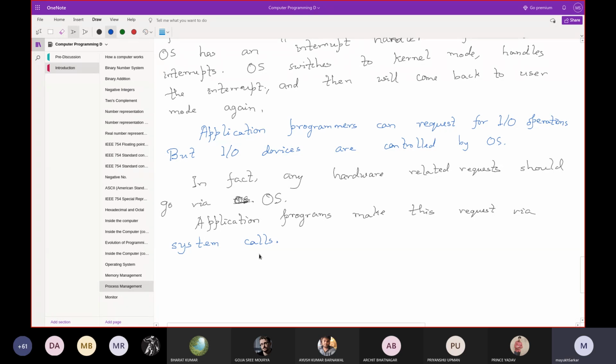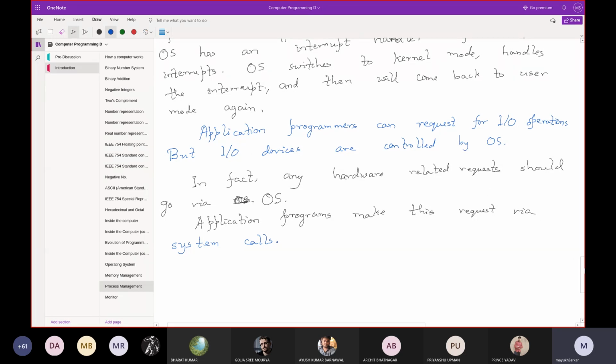Maybe an example for this: if you want to play a radio, right? You do not need to know how the radio is playing that particular music. If you want to increase the volume, simply rotate the volume button, the volume knob, and so on. So the operating system makes these system calls exactly like this. It is doing a huge amount of jobs sitting on top of the hardware, but to make everything easy for the application programmers, it has made a number of system calls available for the application programs.